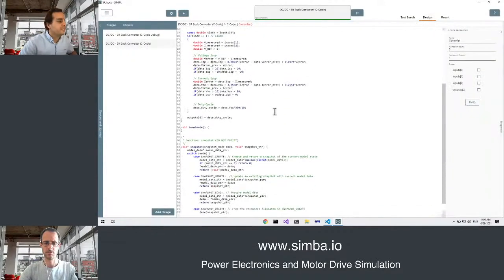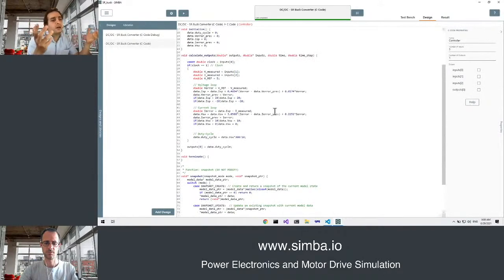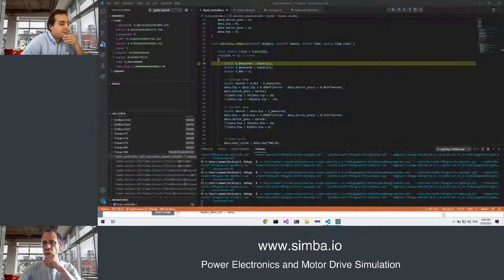When we develop C code, usually in other tools, it's kind of hard to debug. If you have a bug in your C code and the C code compiles, but you have a bug somewhere that makes your controller not work, it is usually kind of hard to debug. That's why we have added the support of